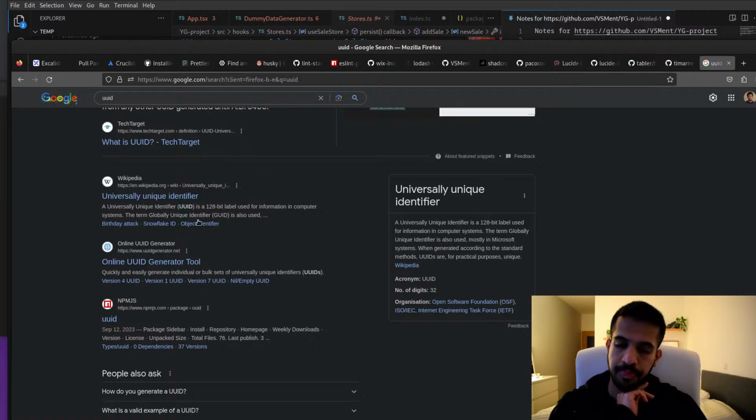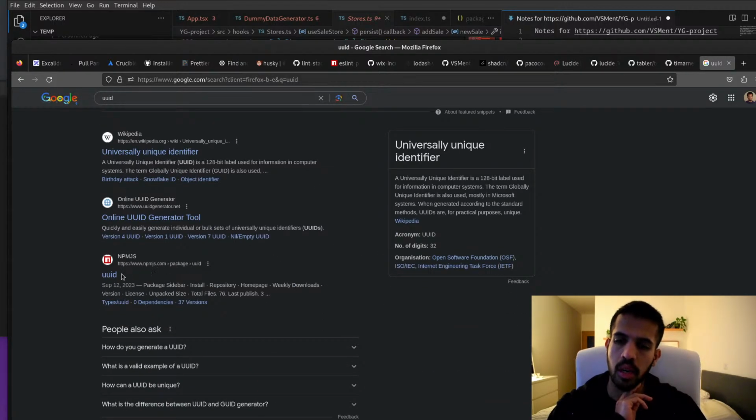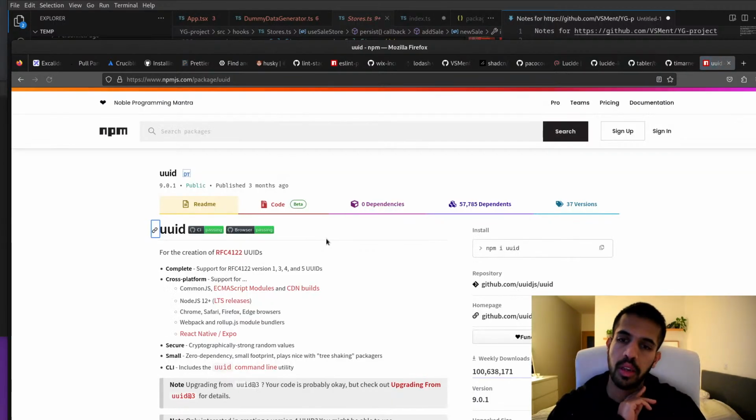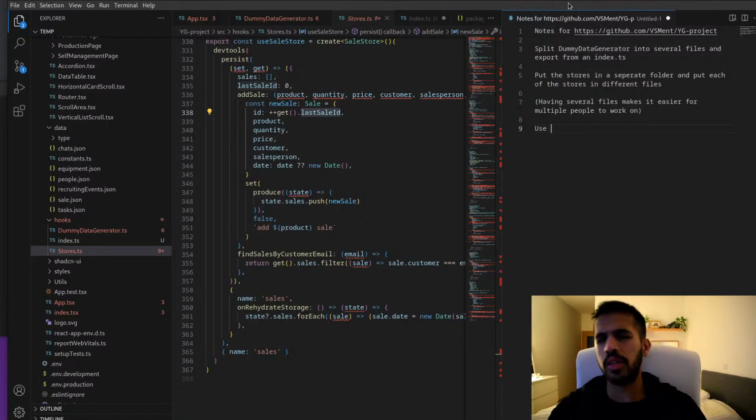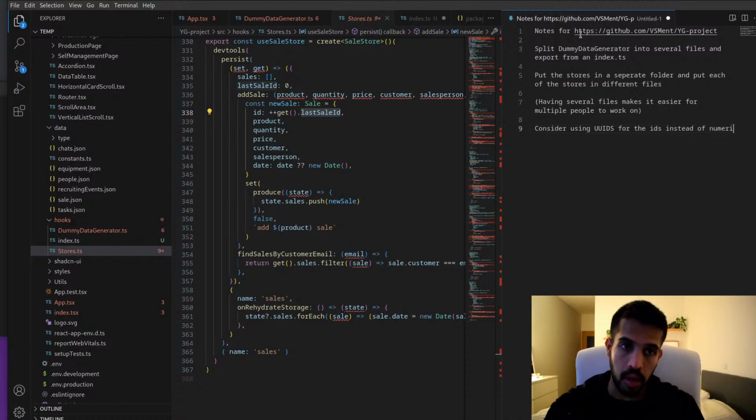This is usually what is used for IDs rather than numerical IDs. There is a reason why numerical IDs are discouraged. I'm struggling to remember it, but I will put that as a pointer here. Consider using UUIDs for the IDs instead of numerical ones.